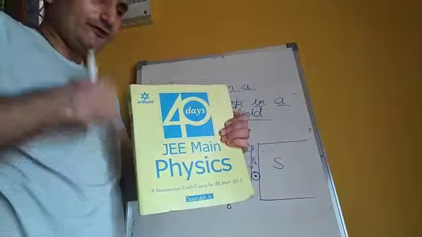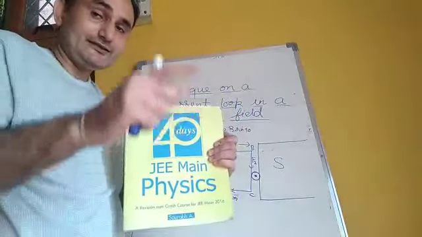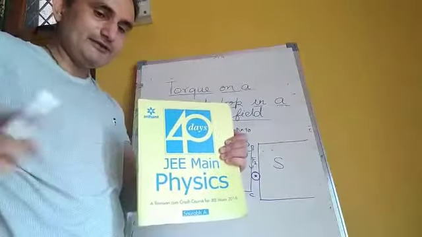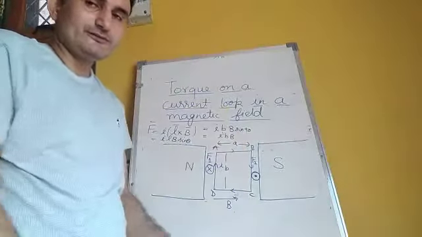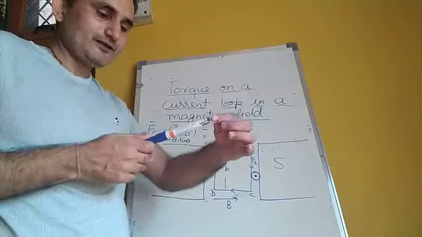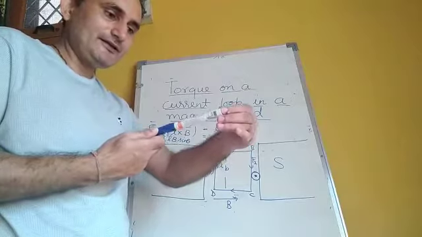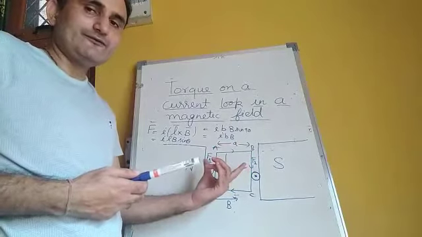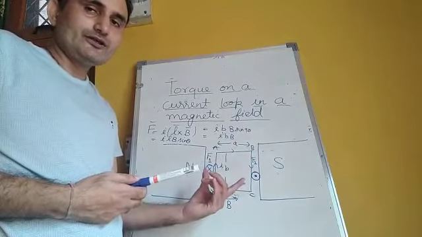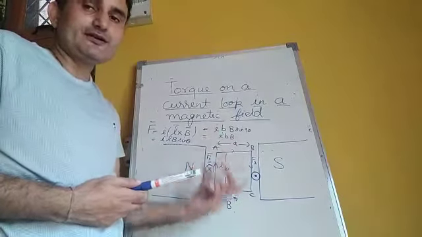Now for these two sides, one has force inward, one has force outward. Both forces are parallel, but their line of action don't coincide. This line is parallel to this line, but they don't coincide. So they will constitute a torque. Let me show by the example of this pen. If I apply one forward force on this and one backward force at this tip, what will happen? It will rotate. So these two forces F1 and F2 will constitute a torque, and because they are equal, we will say this is a couple which has a torque.